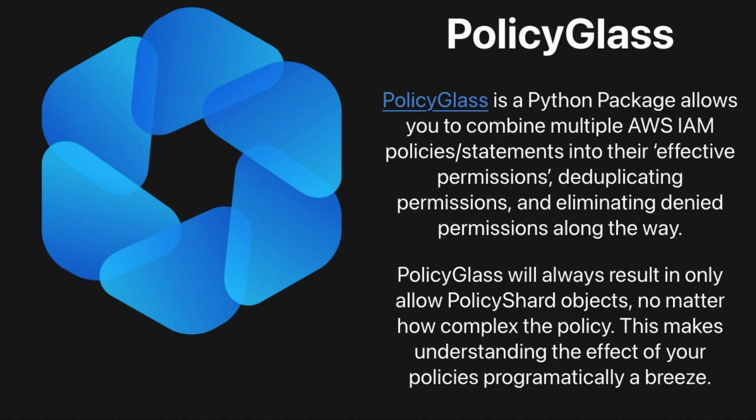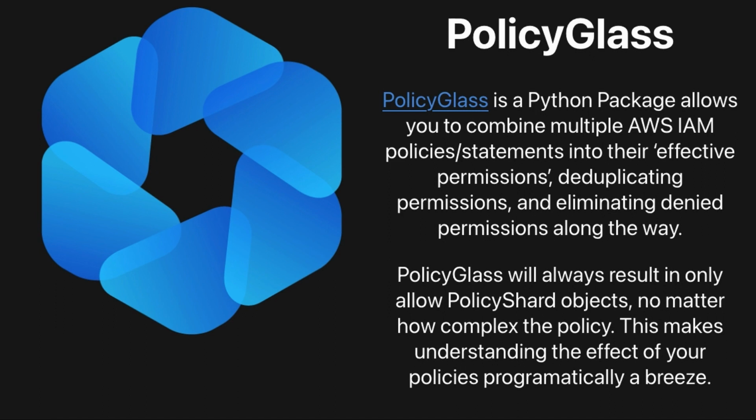So today we're going to have a look at what PolicyGlass is. PolicyGlass was designed as a policy parser with a particular view on understanding the effect of AWS policies. A lot of policy parsers that you'll find across the internet are aimed at normalizing AWS policies, so things like